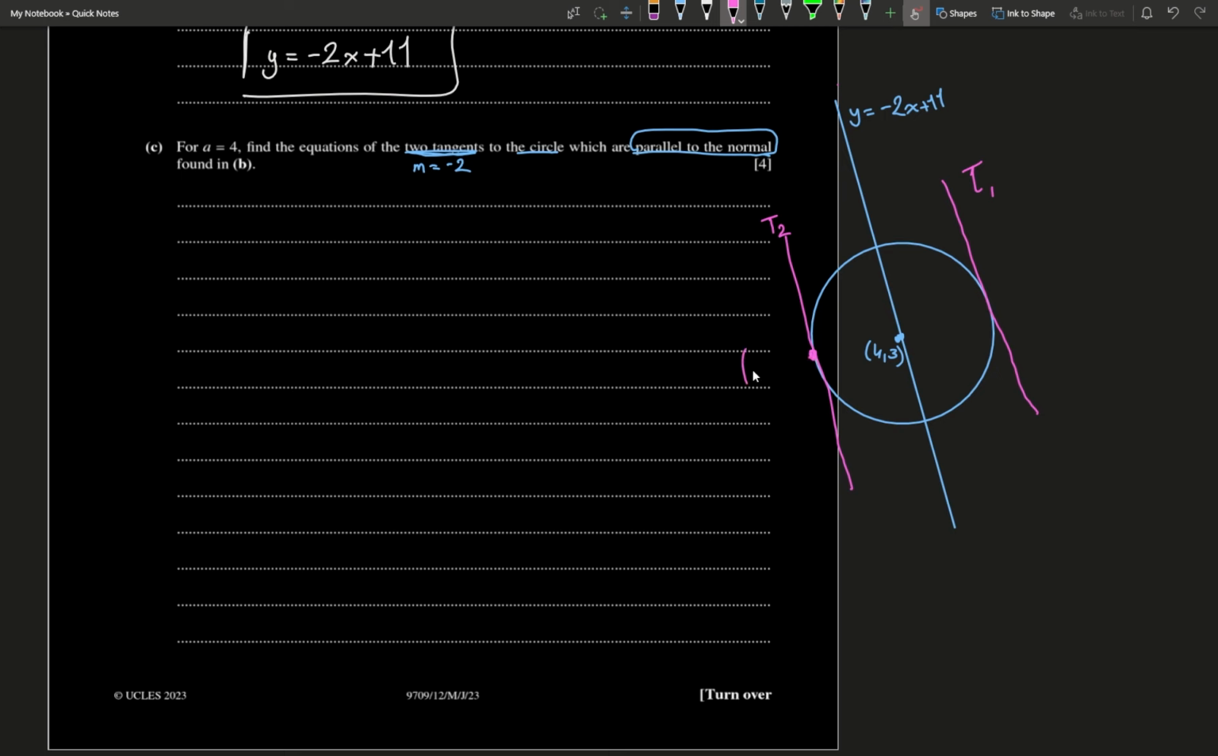Let's call this coordinate x1, y1 ودي هنسميها x2, y2. An easy way احنا عارفين to find the equation of the tangents, we'll just use the straight line equation y minus y1 is equal to m, the gradient, multiplied by x minus x1. If I know the gradient is equal to negative 2, we just need to find the x coordinates and the y coordinates. And we do not know them as you can see right here. فهنعمل ايه دلوقتي؟